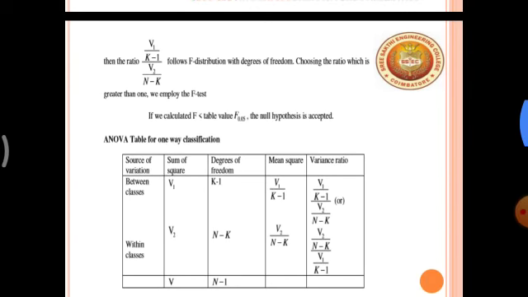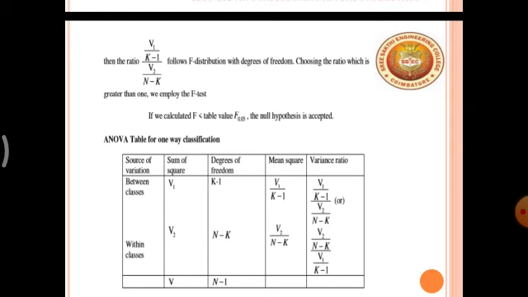Okay. The degree of freedom: for the column, the number of data in the column minus 1. For the row, the number of rows minus 1 is the degree of freedom for the row. Next, mean square. If we are getting the highest value, it should be in the numerator. The lowest value, whether error or column or row, should be in the denominator.